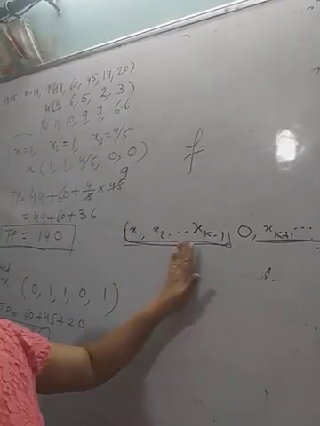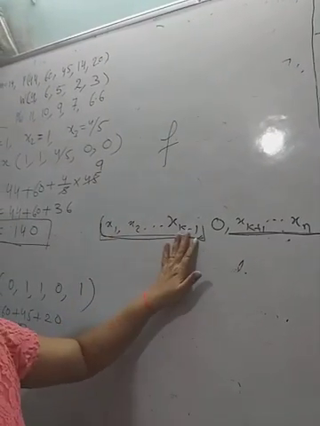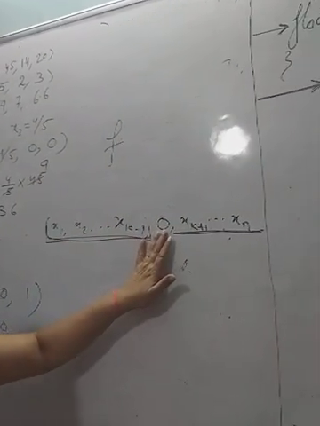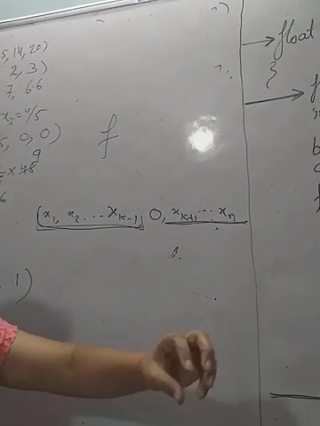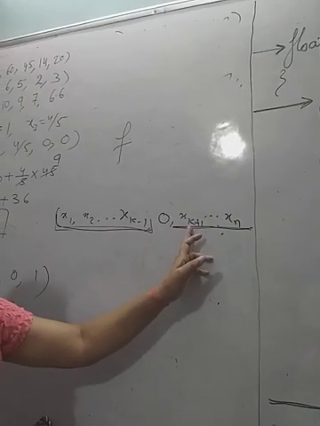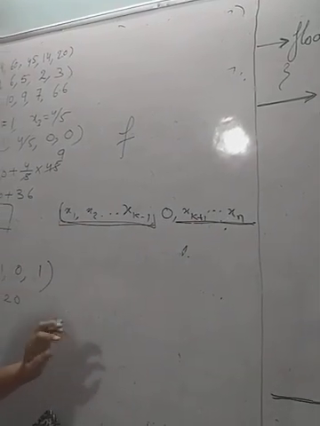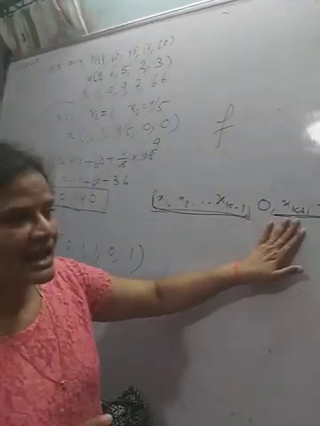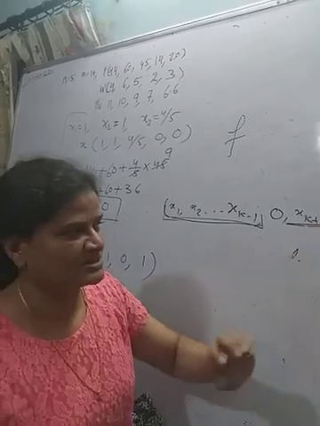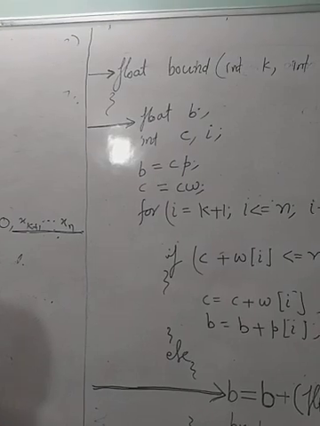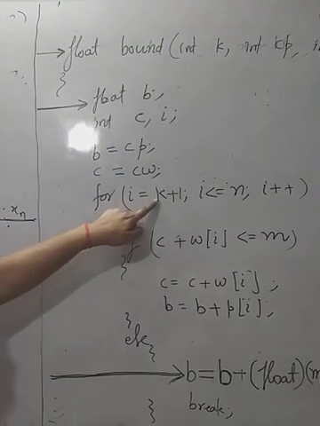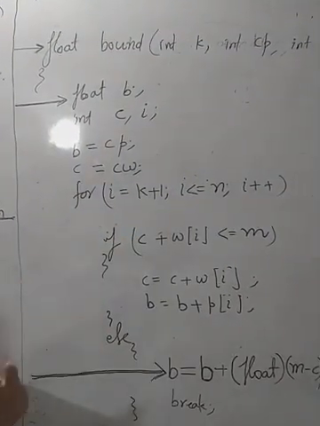So I have already taken the decision for k minus 1 objects. The kth object is removed or excluded. Now I have the remaining objects k plus 1 to n. Here I have to take the decision for k plus 1. See here, this is the bound function. In the bound function, for k plus 1 to n,